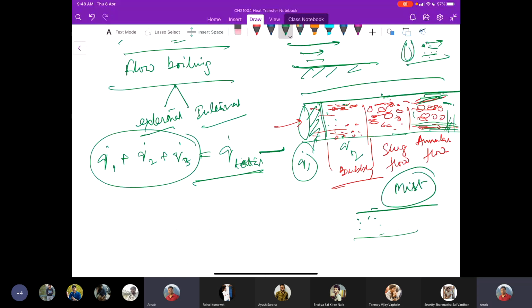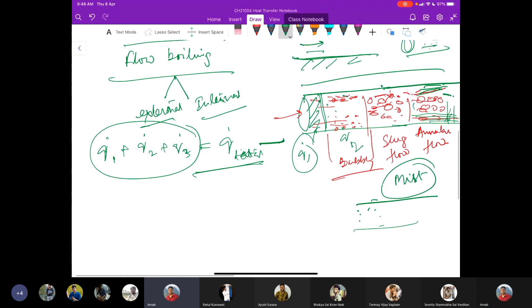Okay, so now coming to the final 2 bullet points, I'd say, the condensation. So we have seen now the boiling part, the physics of it, and now the condensation. So condensation occurs when you have a vapor and you reduce its temperature to below its saturation temperature. It is typically done when you bring the vapor in contact with a solid surface whose temperature is below the T saturation of the vapor.